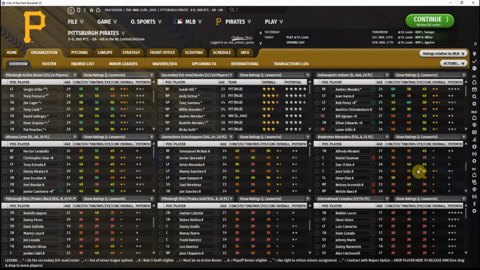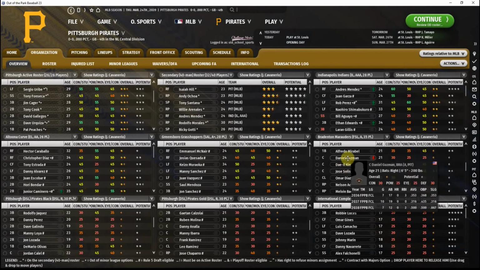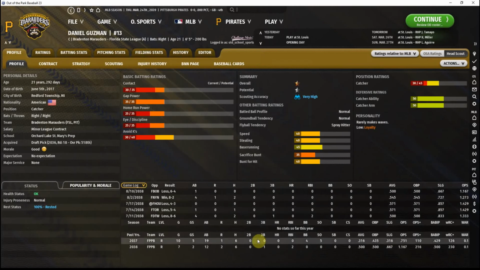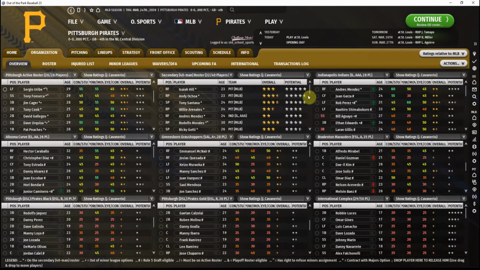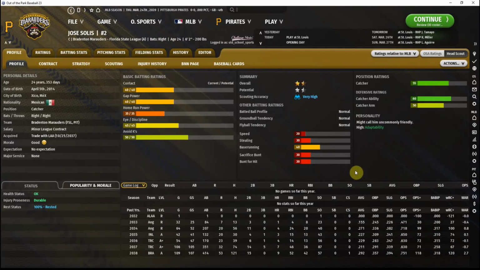And then 3 catchers, which is a number I'm kind of okay with on the team. I did send up Daniel Guzman from rookie ball. You can see he's a guy who really hasn't played much in rookie ball the last couple years. 18th round draft pick. Can't hit. He's an acceptable defensive catcher. Low loyalty. He's really not ready for this level. But he's going to be behind Jose Solis,